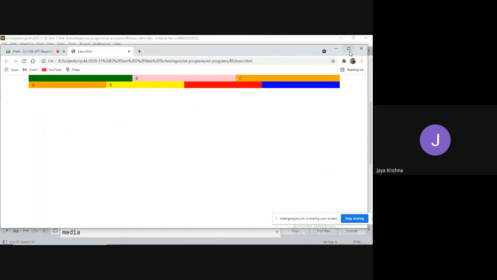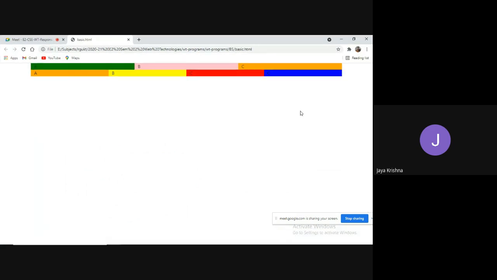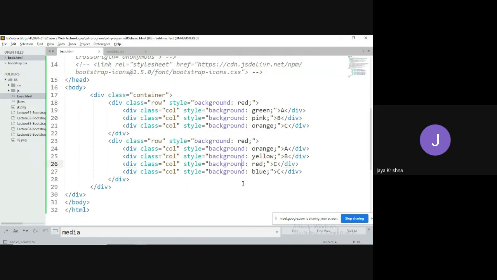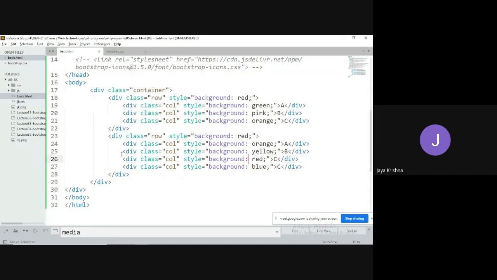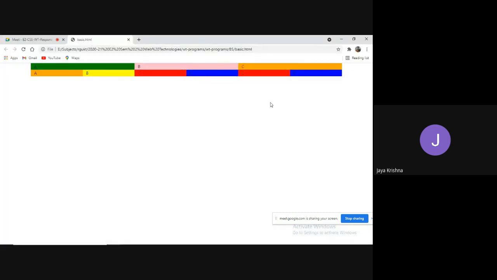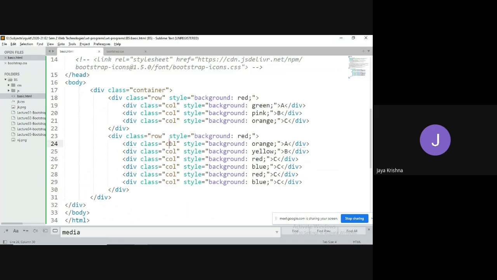Flexbox concept, I think you already know. See, observe what happened. The same amount of space is split into three columns in the first row. The same amount of space is split into four columns for the second row. That is because of the way that you have defined. For example, I am going to split once again. If you go for this, it is going to split. If you observe now, how many columns are there? Three and three, six. Total six columns are there.